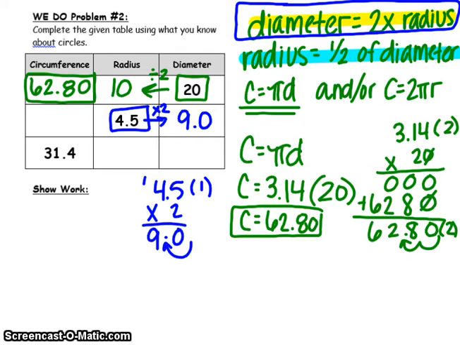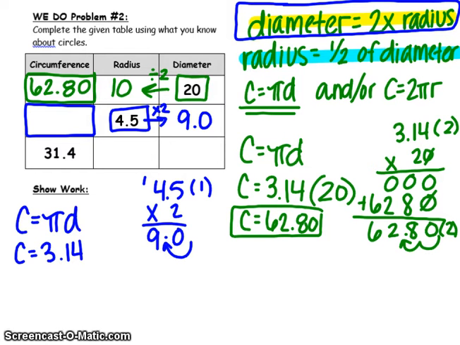I also need to find my circumference. So I still want to use C is equal to pi times diameter. You can use the other formula, C is equal to 2 pi r, but I think it's easier just to multiply two numbers rather than three, so I'm still going to use the pi times diameter. So all I have to do is fill in my formula, 3.14 times my diameter, which was 9,